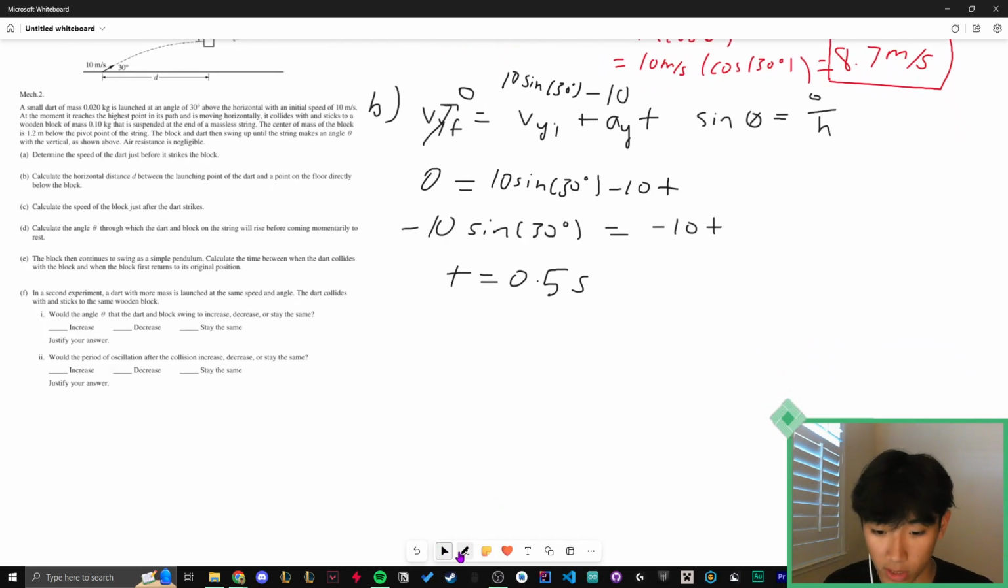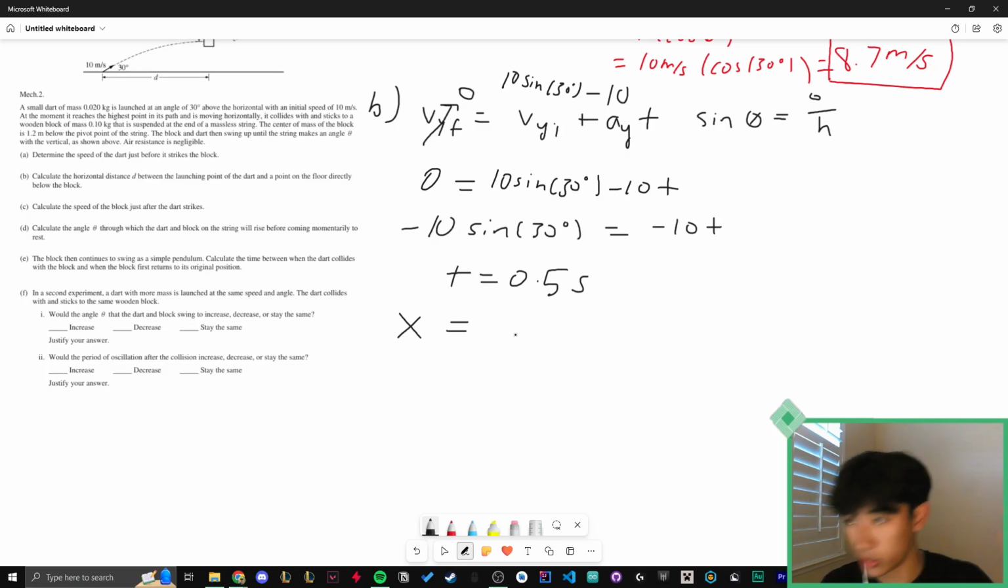Okay, so now we have the time, right? But the question is asking for the horizontal distance. So we're going to use this equation, which is basically just the velocity times the time to see how much